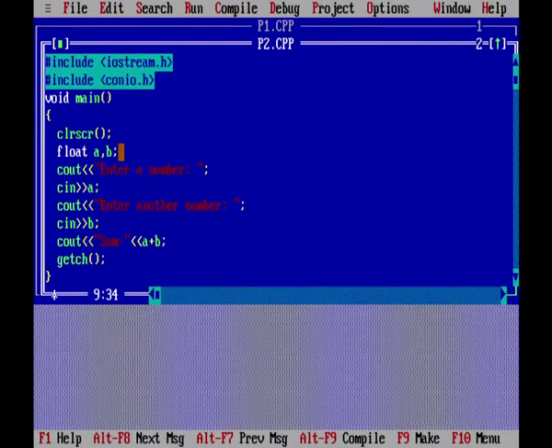Now, suppose when I type this program, I commit a mistake here. I forget to put the semicolon. Here there was a semicolon. Suppose I forget to enter the semicolon. Suppose here instead of a plus b, I type ab, some typing mistake is there. Then let us see what happens. I run this program.